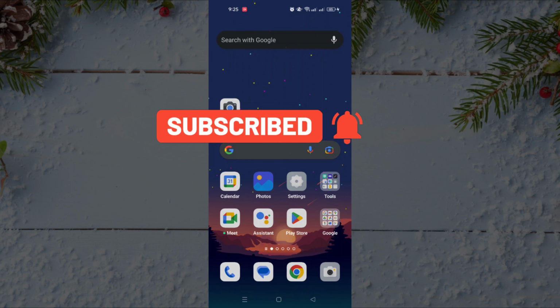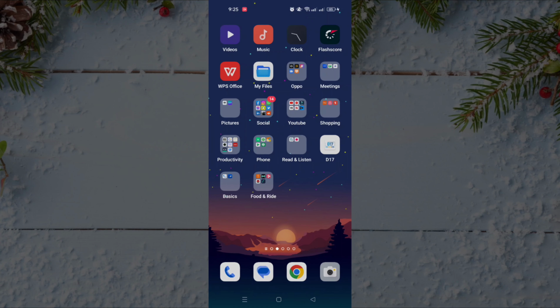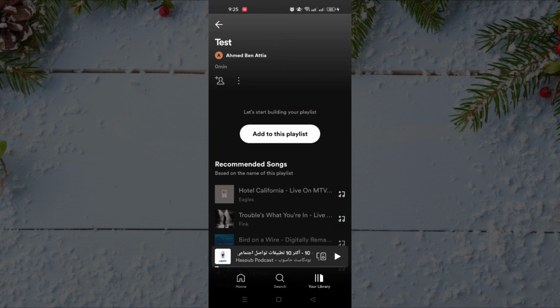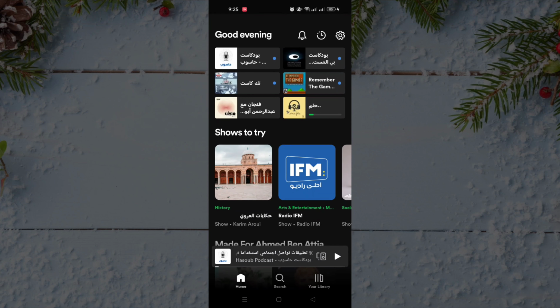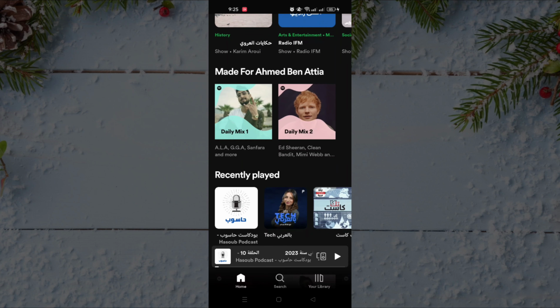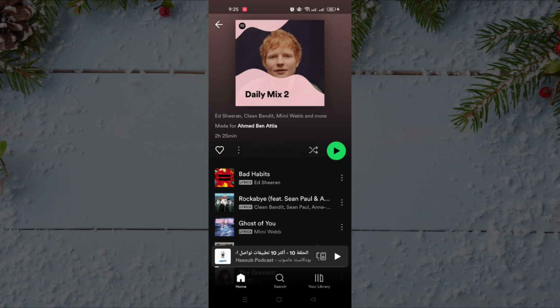In today's video, I will show you how to play music offline with Spotify. So let's get started. We must go to the Spotify app and open it. And when you open the application, of course, you will see the home screen. And here you will choose the music that you want to listen to